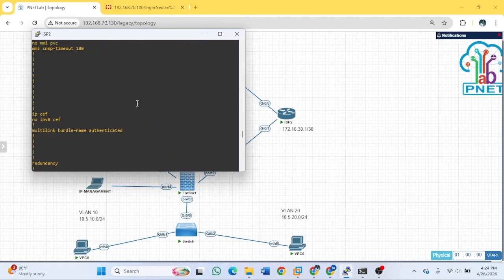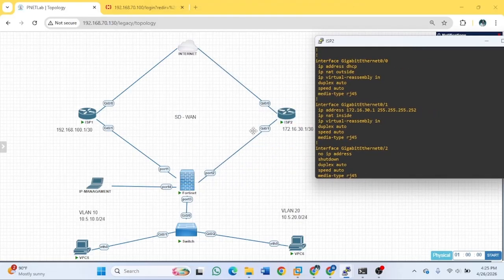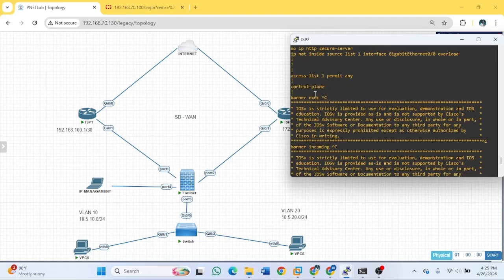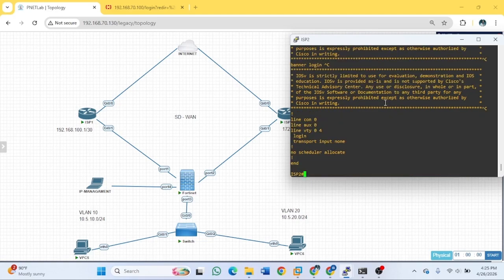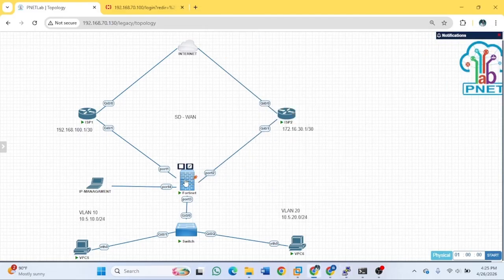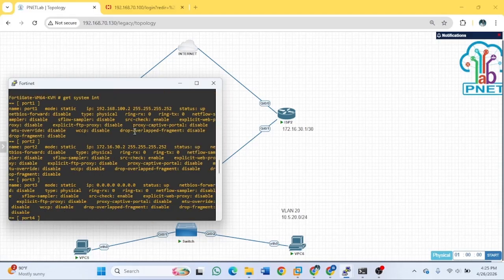In ESP2, this configuration is gig 0/1 here to Fortinet. The access list is not the same as ESP1; it gives the access list IP not overload. We're going to configure it in the Fortinet.